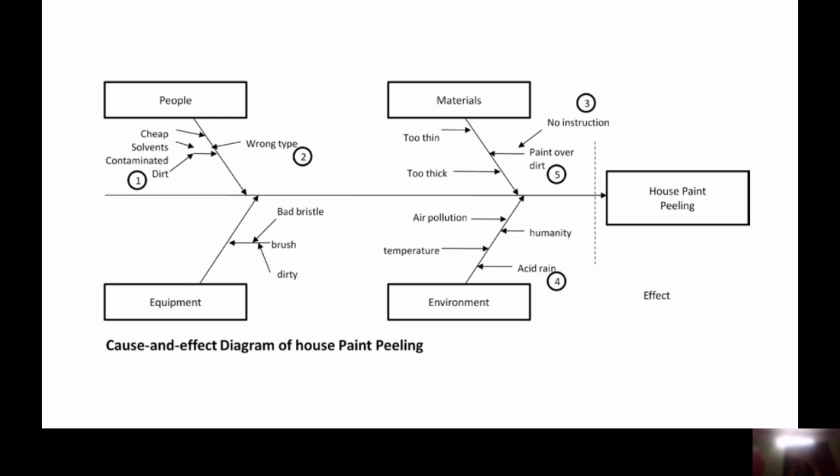So the painter, if he is unskilled, means the paint peeling will come down. If the painter is not trained properly, he should be trained. That is very important. Then only skill will come. It should be trained. Suppose it is some other activity that is not skill-based, for example, a university teacher,